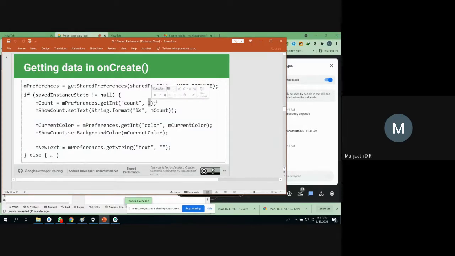You can put anything that will appear, because whenever you first open your application, there is no information saved in your file, right? The file is completely empty. Then what do you want to display? So then you are going to display some default value. It may be 0 or 1 or nothing, no text.